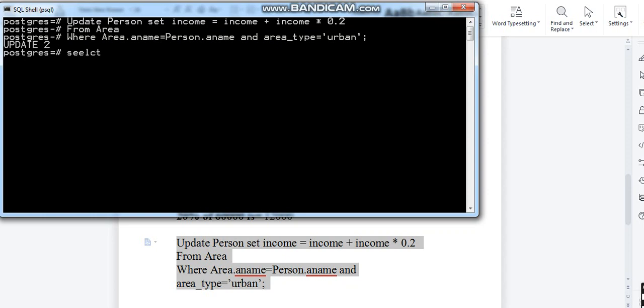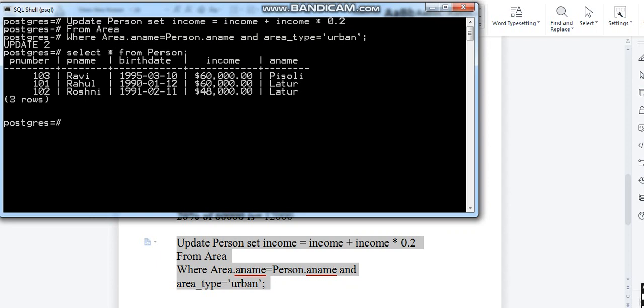Let's see, select star from person. So here you can see those who were staying in urban area like Latur, it has been updated to 60,000, and another one it is updated to 48,000.